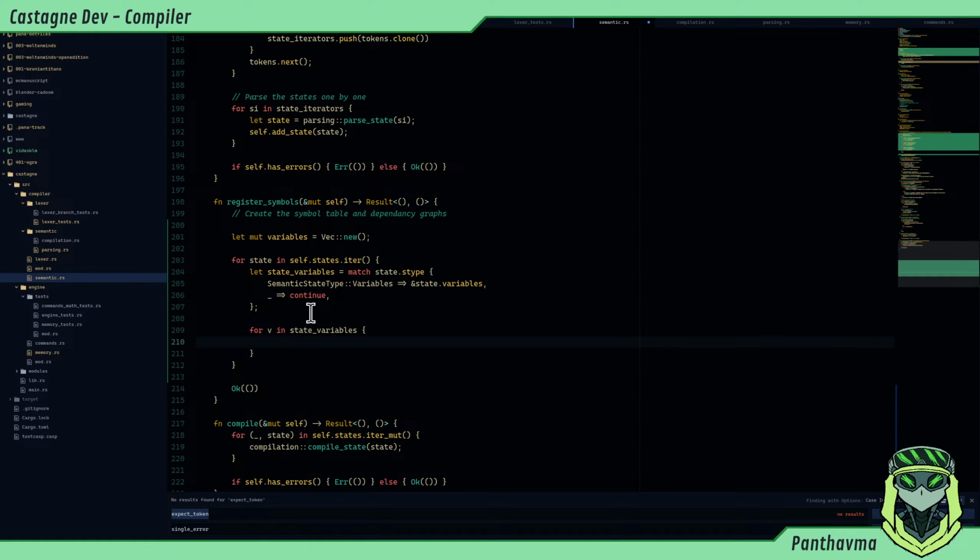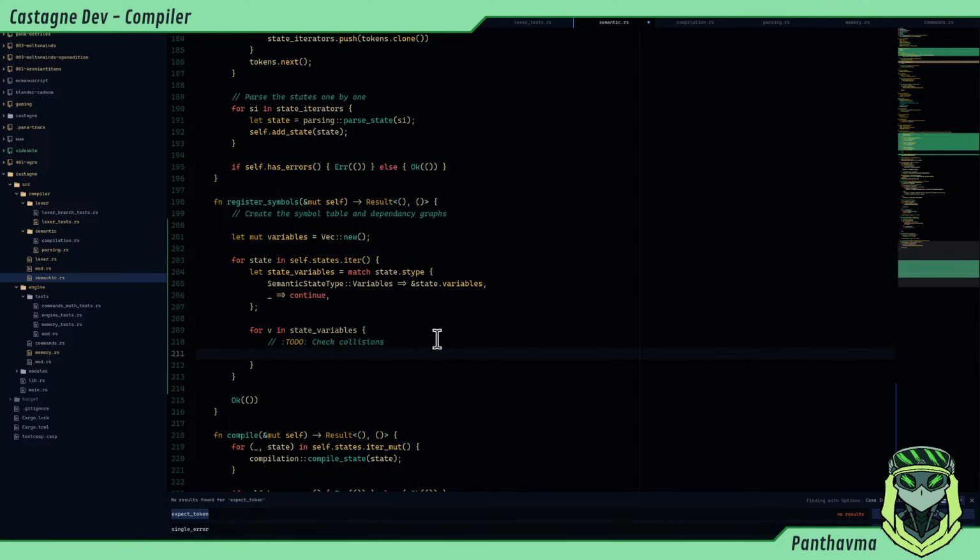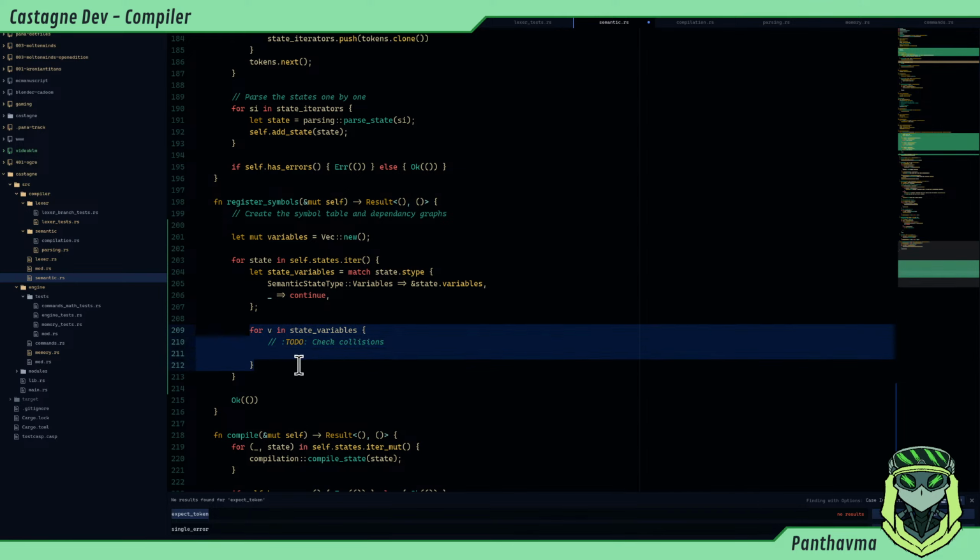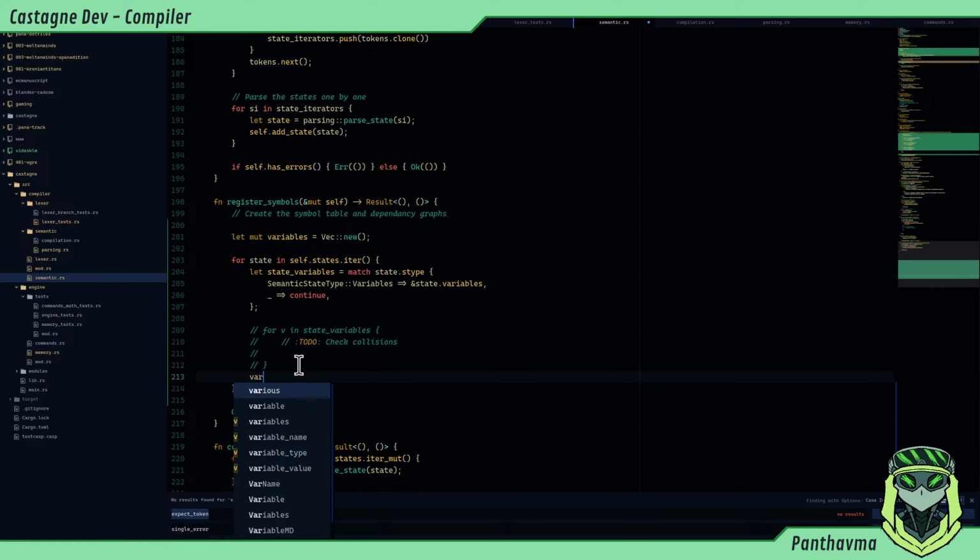We want to check for collisions, but not yet, because this is going to be more complex behavior of different states and how they all relate to each other. At the moment, in any case, we only have one variable static state, so we can just